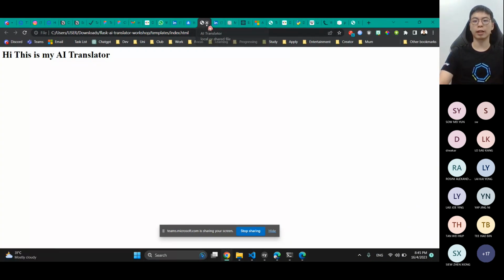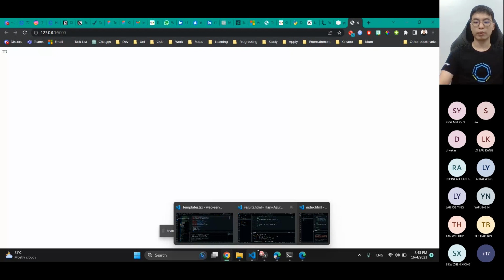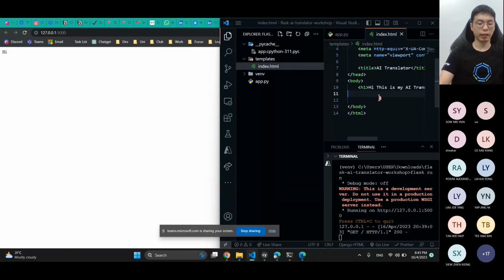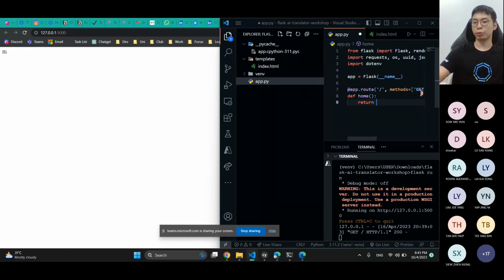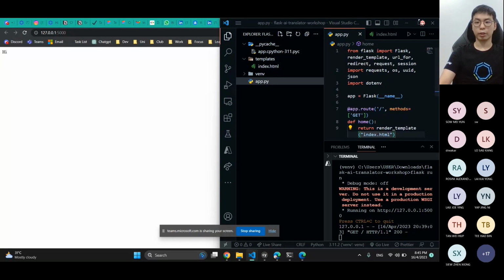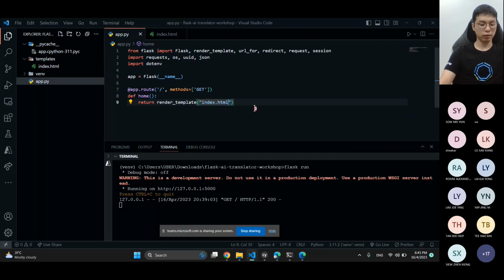So how do we use Flask to show it on our page? We're going to go to your app. I'm going to put the render template stuff. Return render template, and the template name of this is going to be index.html. Let me make it bigger. Okay, so when I save this,